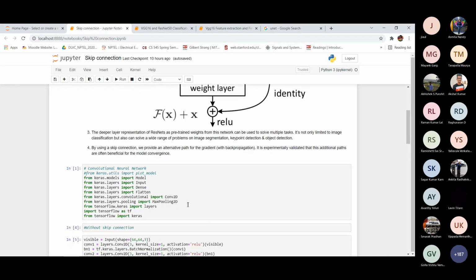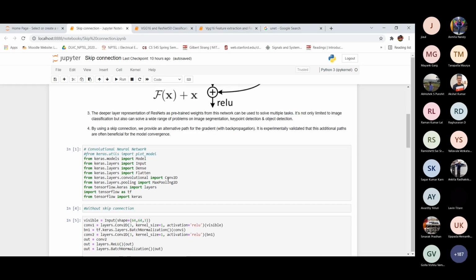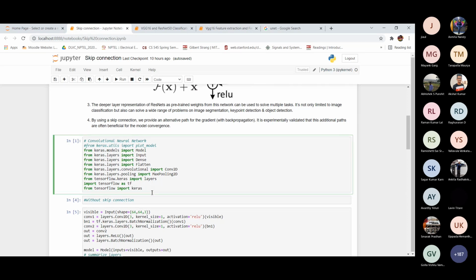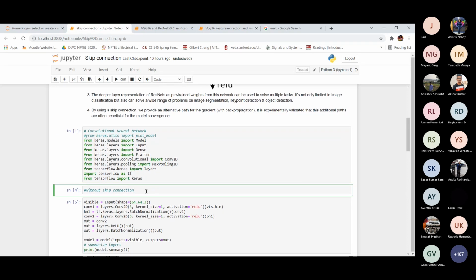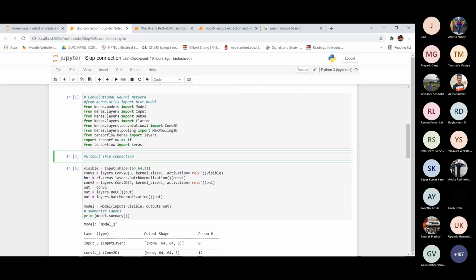Here we are going to implement one simple model using the Keras library. All the necessary libraries we have imported, and after that we will create a simple model. Previously Ashmita had shown that we take an input size, our image size, of 64 by 64 with 3 channels.